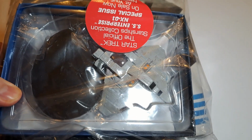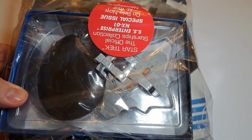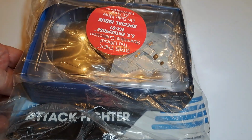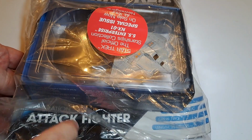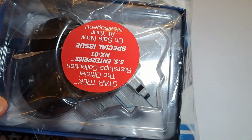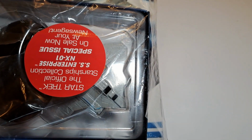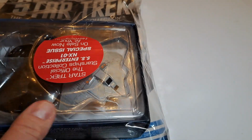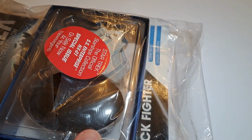So this one is an interesting one because I thought I was going to make my typical error of getting one that I already had, but this isn't a Maquis fighter. This is a Federation attack fighter, as you can see there. So it isn't one that I have already, but it is very similar to a Maquis fighter and the Nightingale ship from Voyager as well. So it'll be interesting to